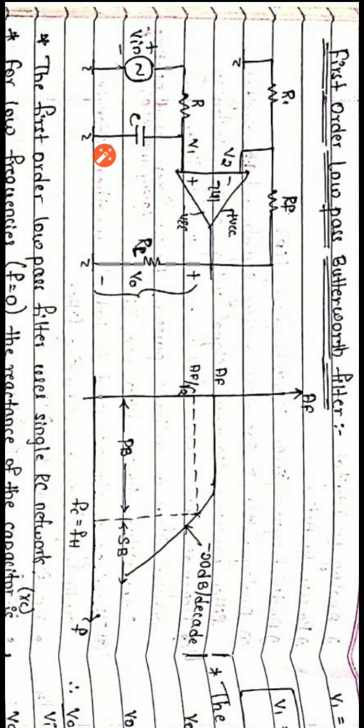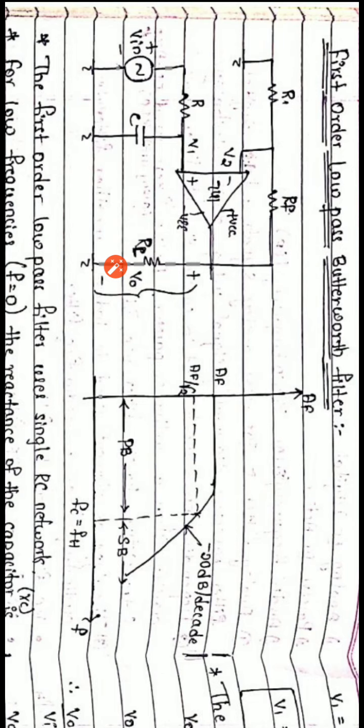Now using this circuit we block the high frequency components and only pass the low frequency components, which is shown in this graph here. In this graph all the low frequency components are passed through to the output signal, and until it reaches the cutoff frequency, it will eliminate the high frequency components. Here we will discuss the circuit diagram and how it works.